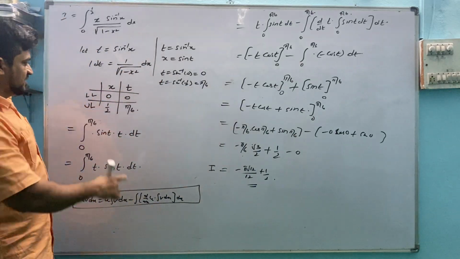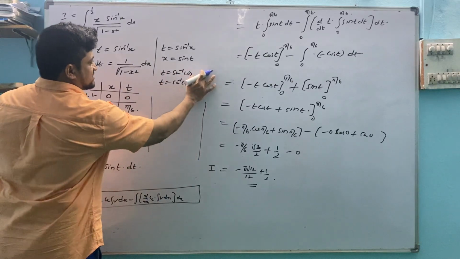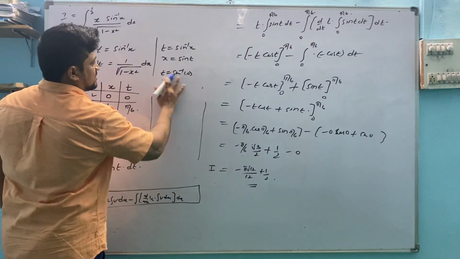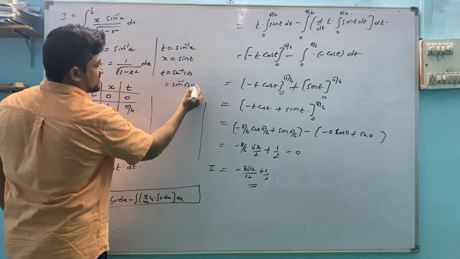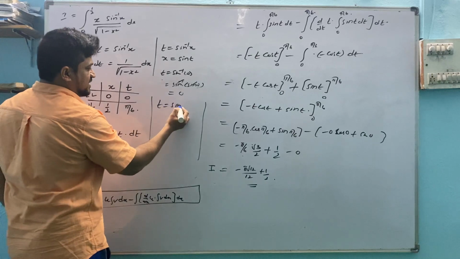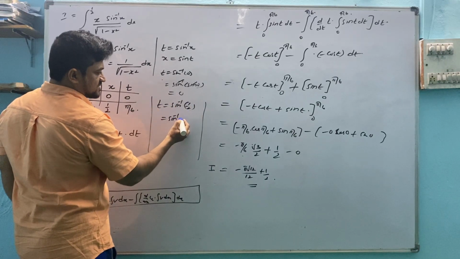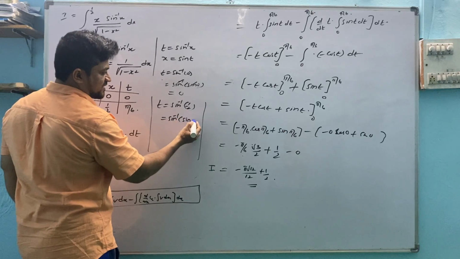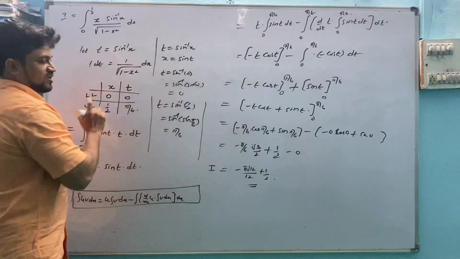You may face some difficulty in this one, so for that: sin inverse 0 is sin 0, you got 0. Suppose t is equal to sin inverse 1 by 2. Sin of how much is 1 by 2? Sin 30. So this is pi by 6. In this way we got this one.